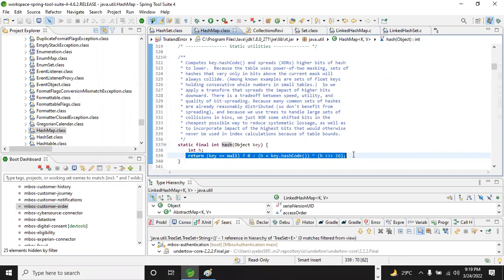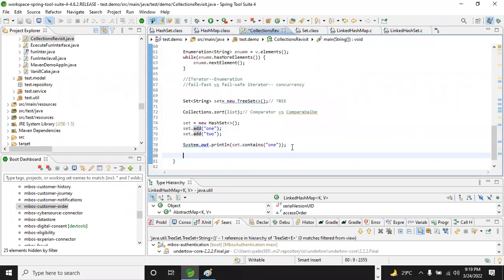But if you're creating a map object explicitly, you can't just add; you use map dot put. Let me show that. Let's say I have a map reference equal to new hash map.